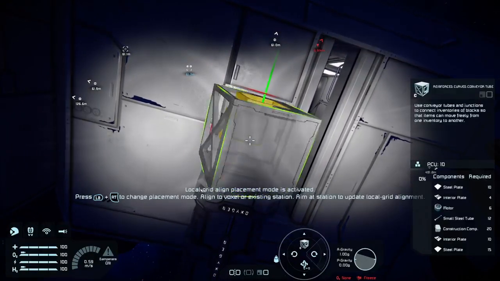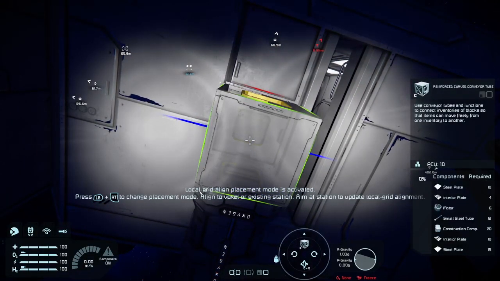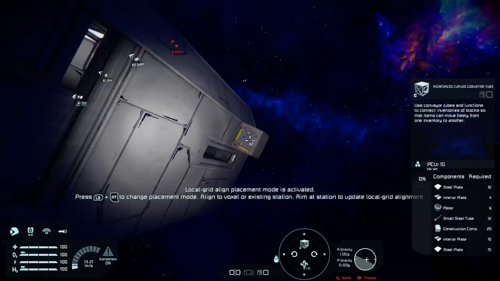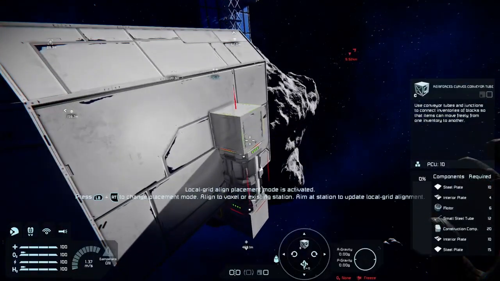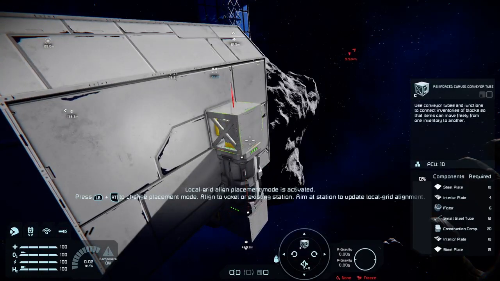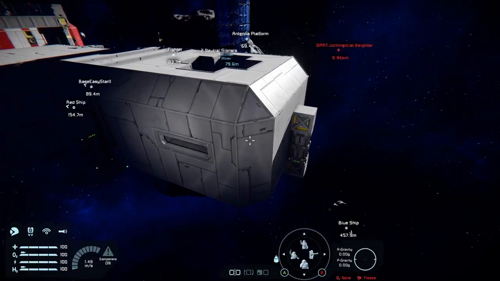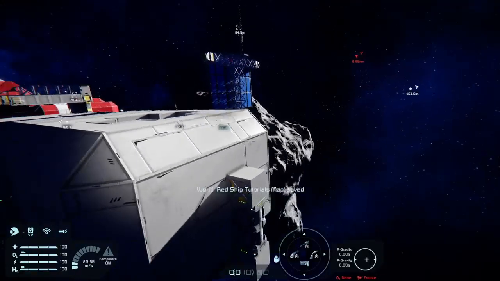And you can see which way to rotate these things quite easily. Lights are green, means we have air. Lights are green. Quick save. Both bumpers and X. And we're good.